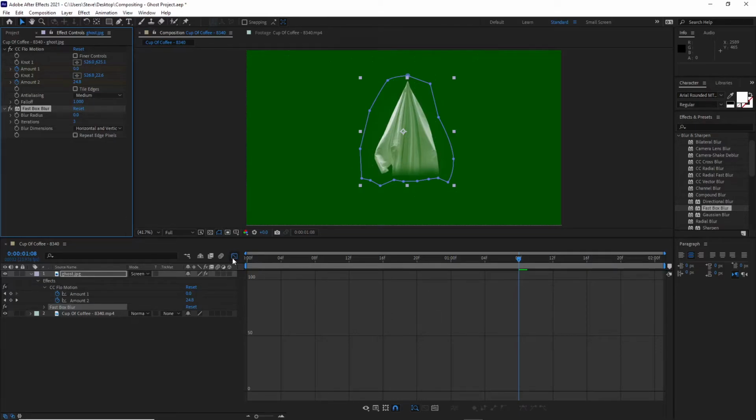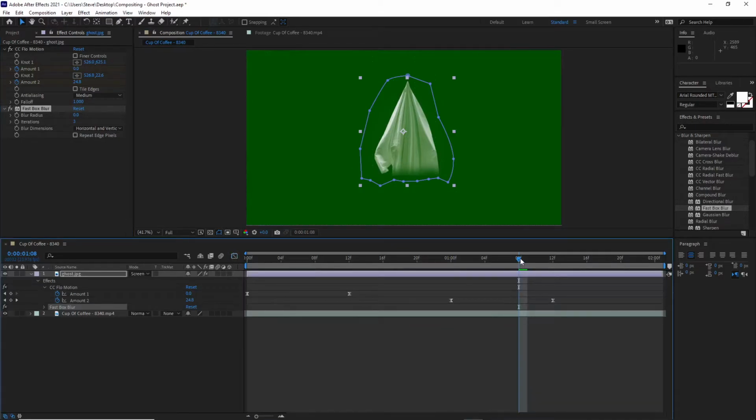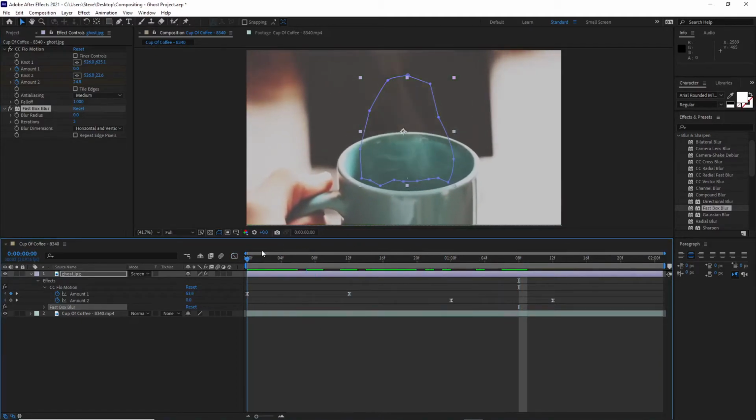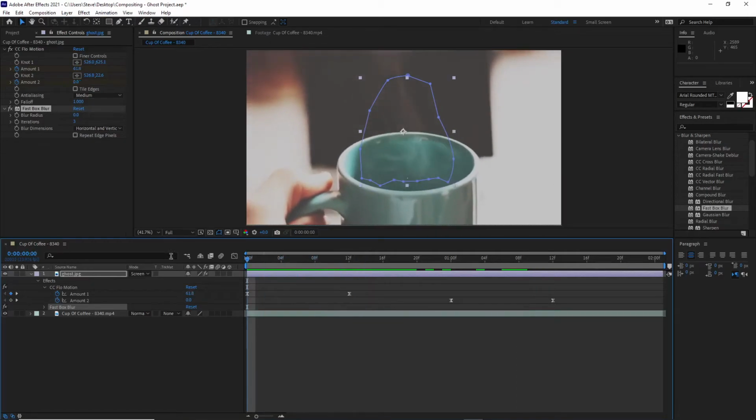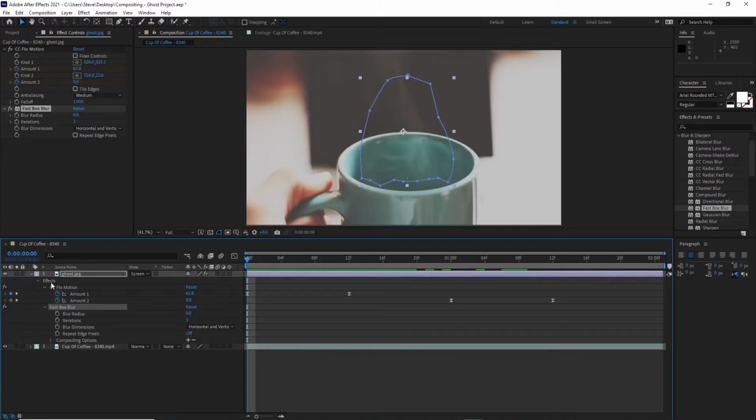Okay, I'm going to turn graph editor off, and then we are going to make the ghost go from quite blurred to less blurred. You see that the fast box blur property appears underneath the ghost layer once we've dragged that across, and what we're going to modify is the blur